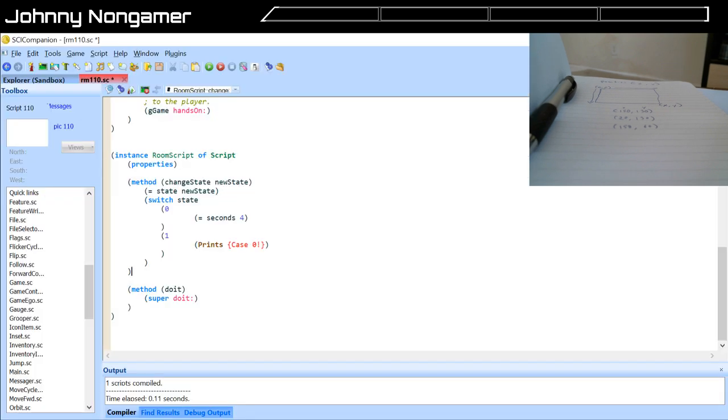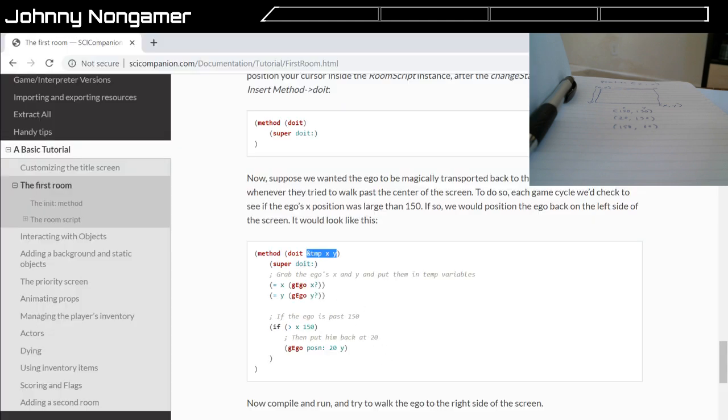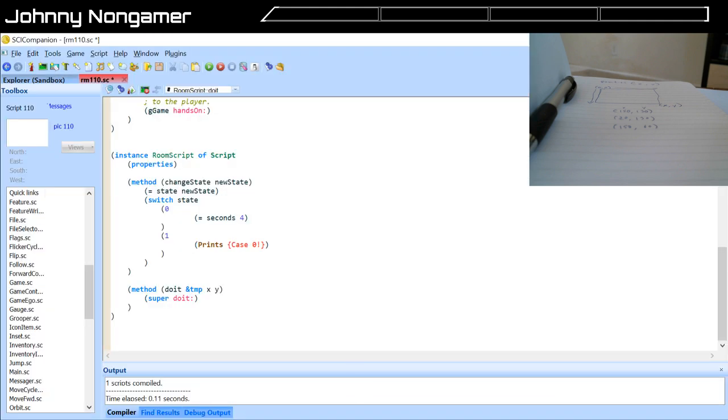So doit, temp x y. All right, so we got our super doit. Yeah, okay, good. So call super doit. Grab the ego's x and y and put them into temp variables. So this is a temporary variable right here. Okay, and we're going to grab,